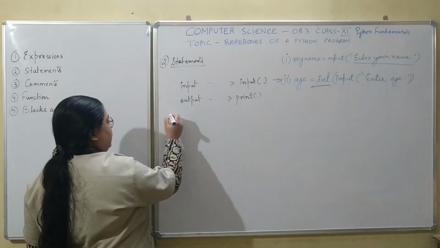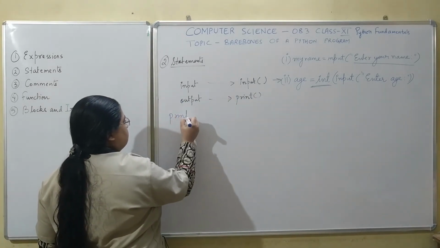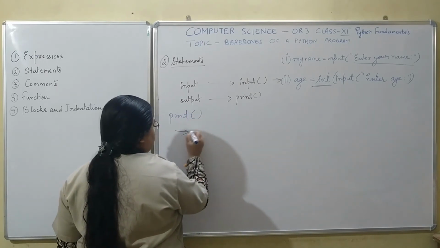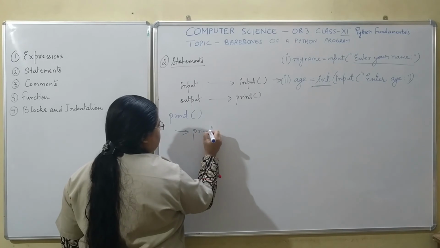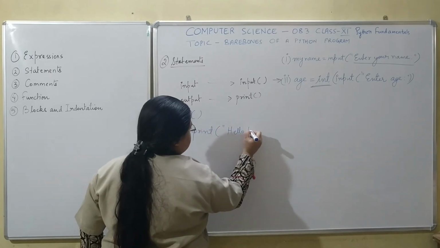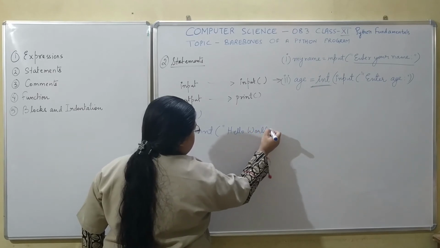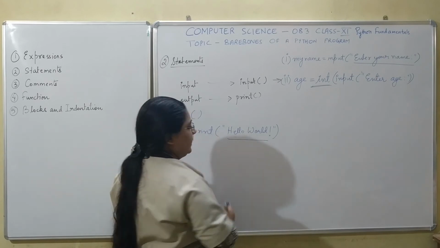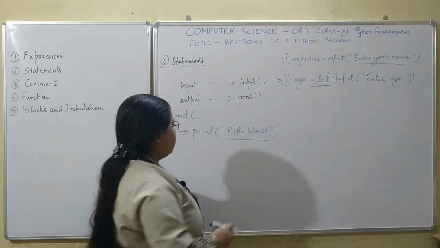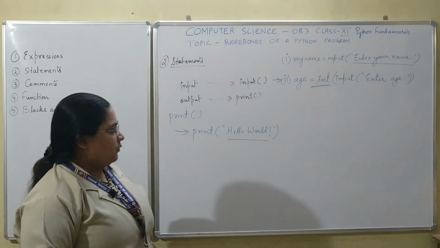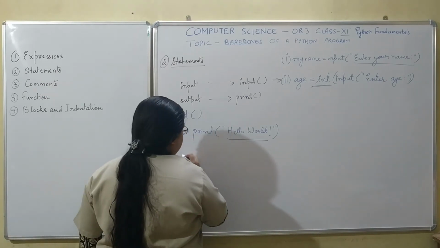Now for representing print. The print function comes in various flavors. One, it is just used for printing any message on the screen. Like I type here hello world. So this hello world message will be printed on the screen. Within the double quotes, whatever you write, it doesn't really matter. What matters is the quotes which you are using.